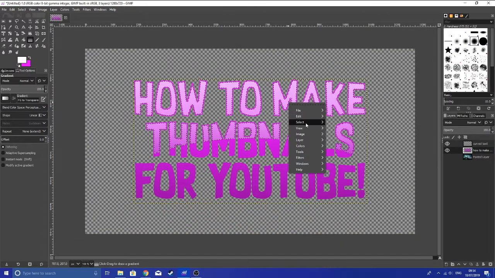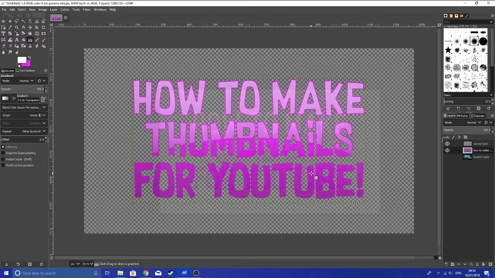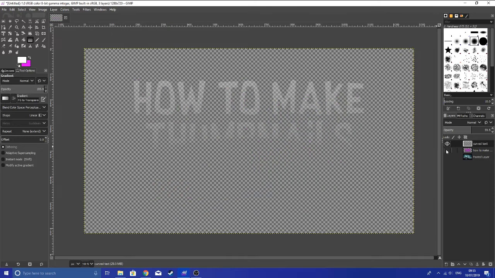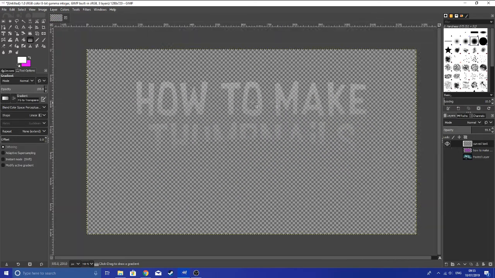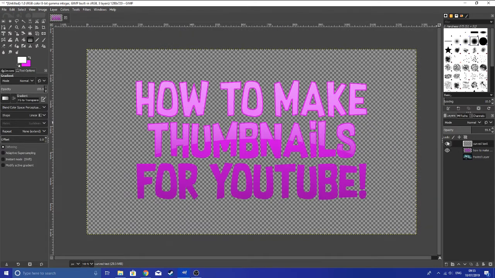And now we have this, which is quite a nice glare, but you can change the transparency if you don't want it to be that bright, which is up to you. So now we actually have two layers. We have the glare and the text. We want these to be just one layer, so we'll merge them together